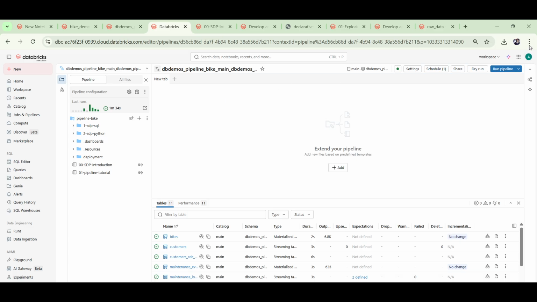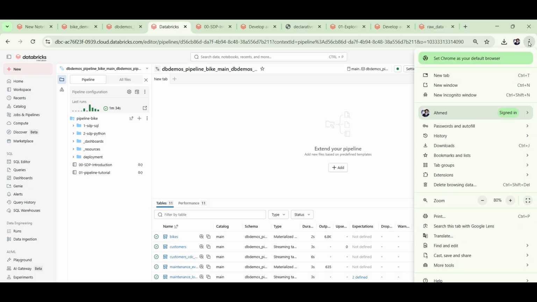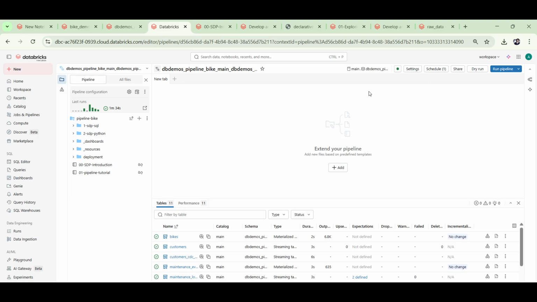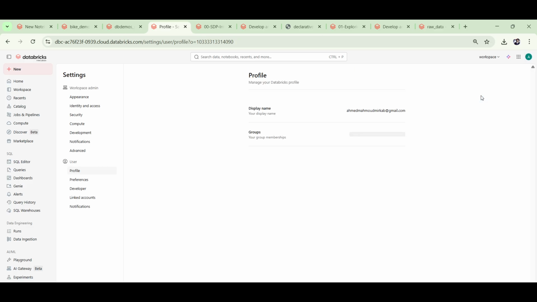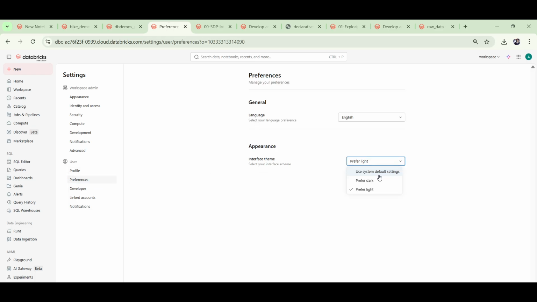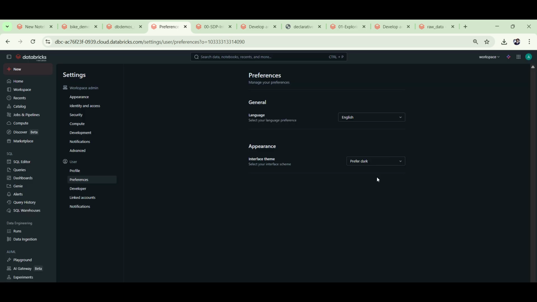Let me change this into dark mode. Probably it will be very useful to see what is happening here. So let us do it here. Yeah, much better, I think. Now let me go to